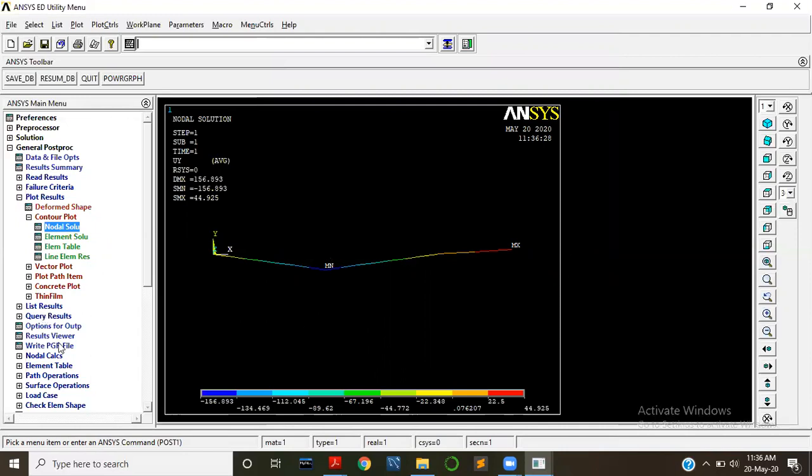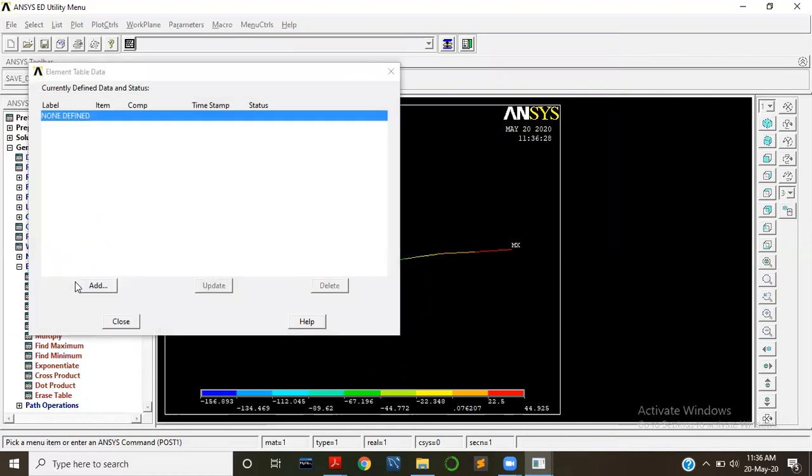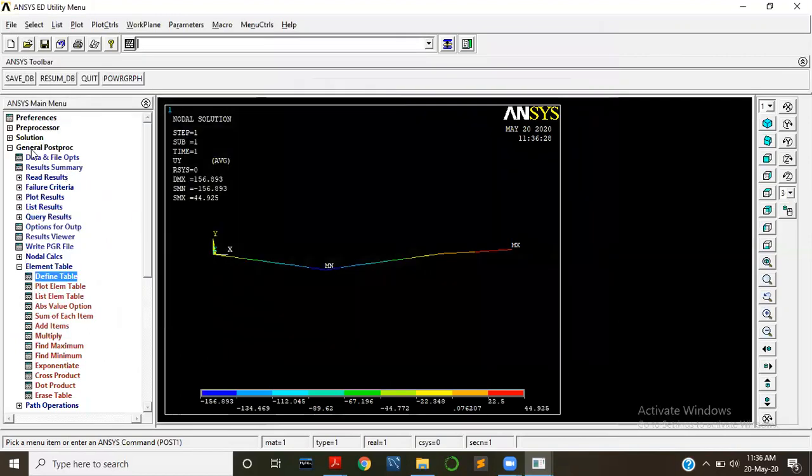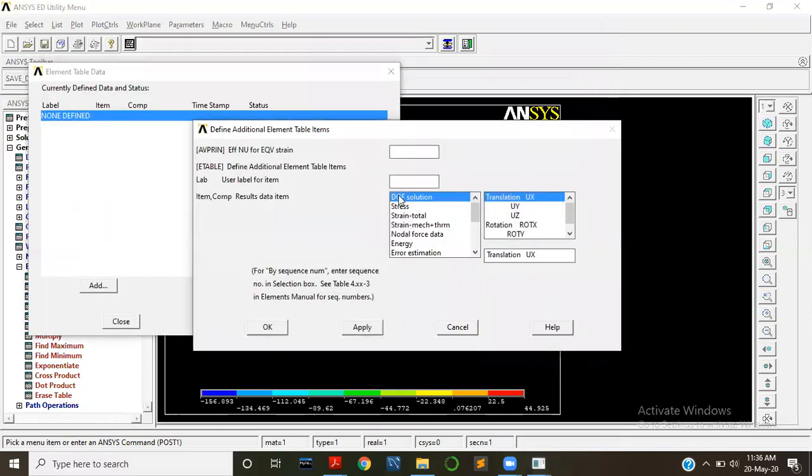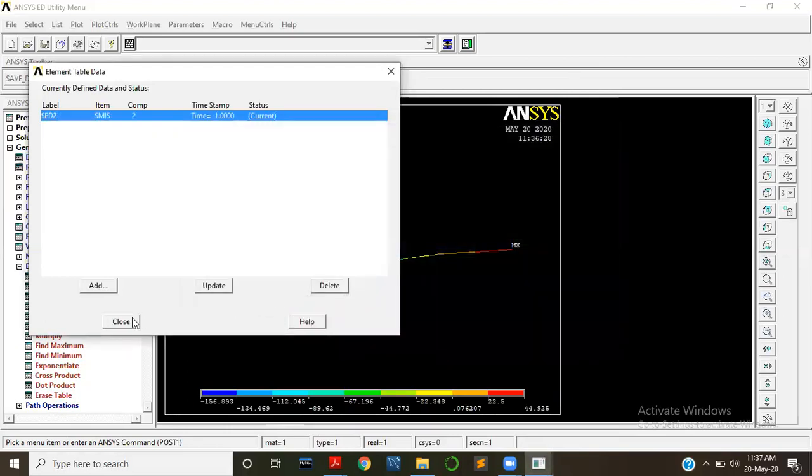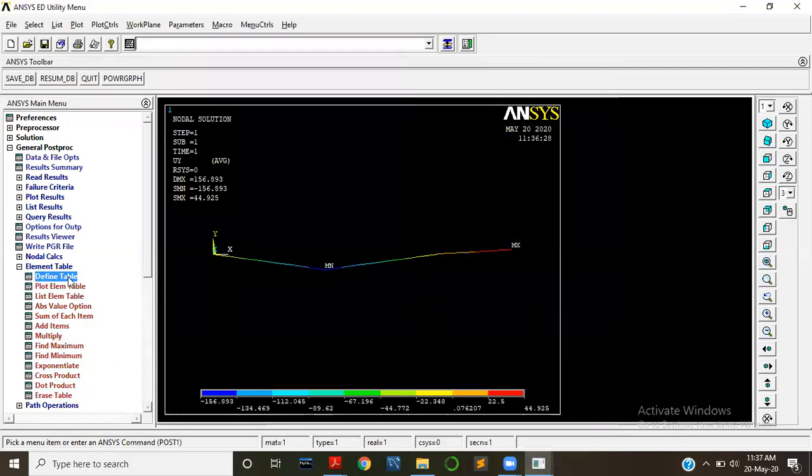For that, we need to create an element table. Go to define table. Here, in the general postprocessor, go to element table. In that, define table, add. Here we have to enter the particular code, that is SFD2 by sequence number SMISC2. Press OK. Press close.